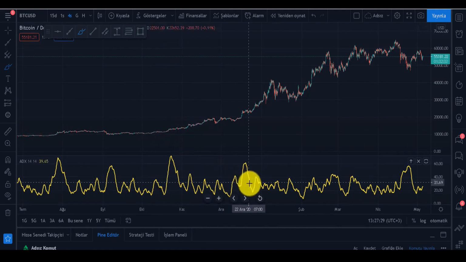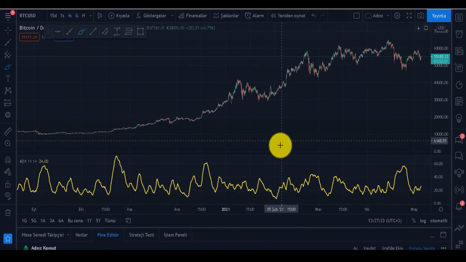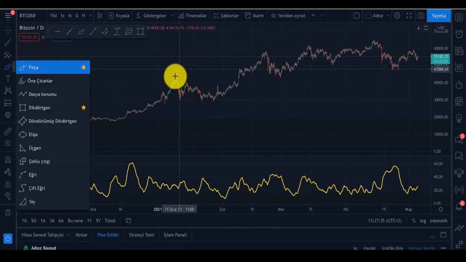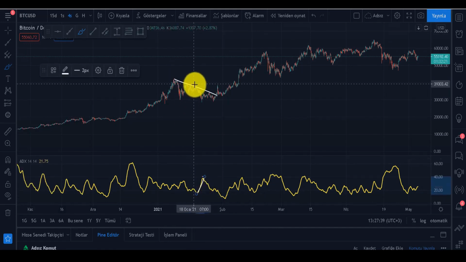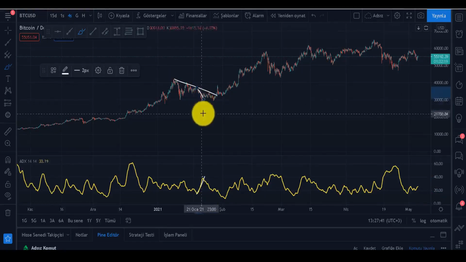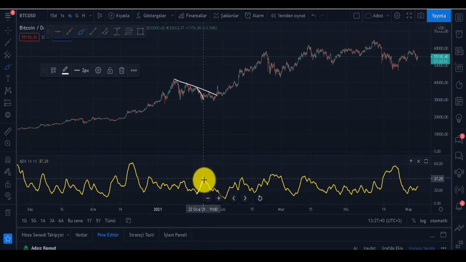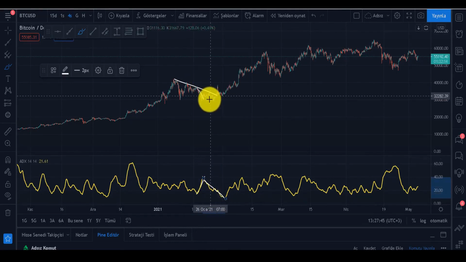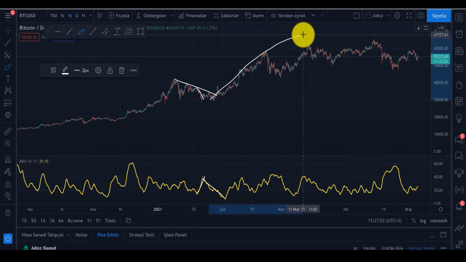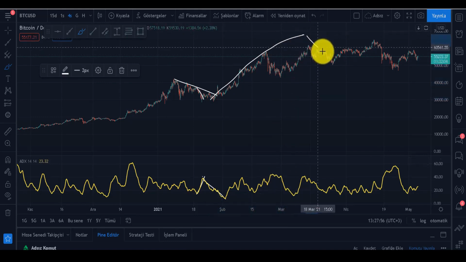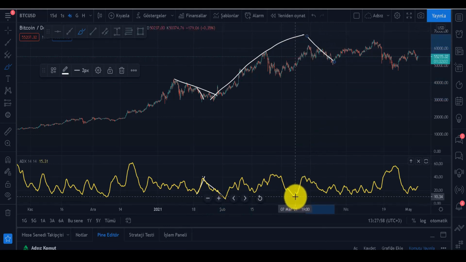Then look, it has come back to 15 again. Here, friends, you can see a very clear downward trend. The downward trend is strengthening here. It is dropping significantly, as you can see here. Then it comes up, hits 15, and after hitting 15 again, an upward trend begins. Then here it rises, as you can see at this point. It hits 15 again, and a downward trend begins. Look, after it hit 15,